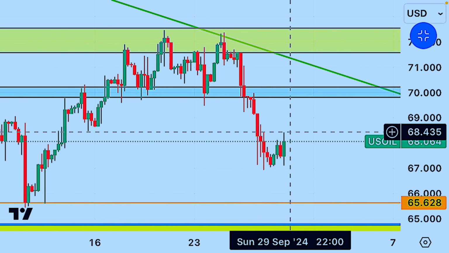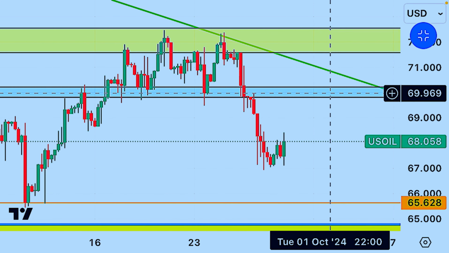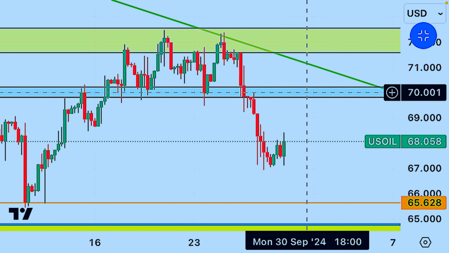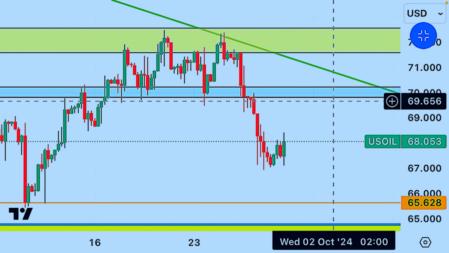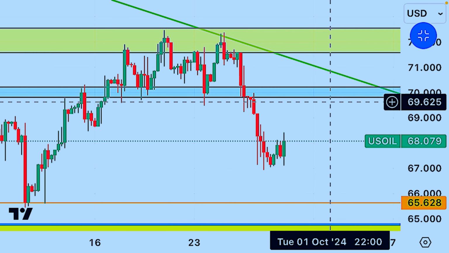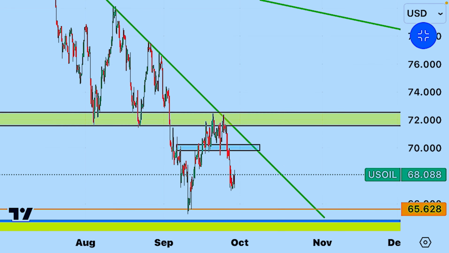Okay, so let's see what happens if we test inside of here. The market retrace inside of here, and I might look for a trading signal to find entry inside of here. But if that does not happen, all my stop loss has already moved to break even, so I'm risk free on this trade. Okay, so yeah, that is it for the US